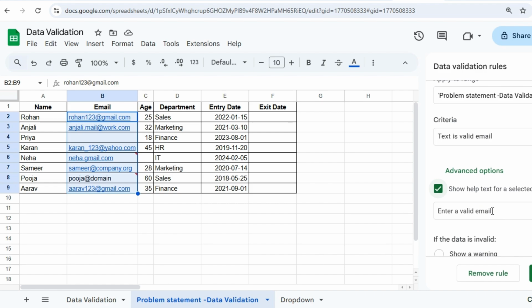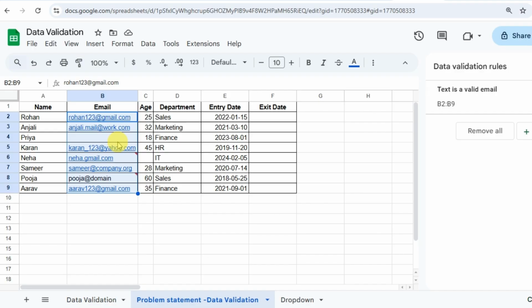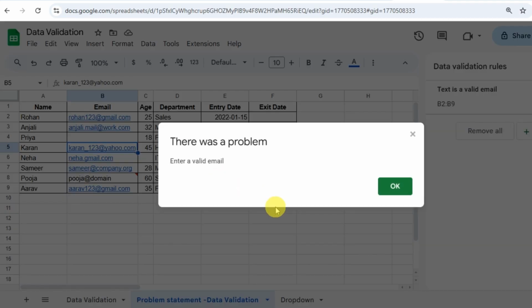This will be the message when the user tries to enter a wrong value, and then done. Suppose here I am trying to enter A, B, C. What happened? This message has come, enter a valid email. So this is how you can control the data entry.